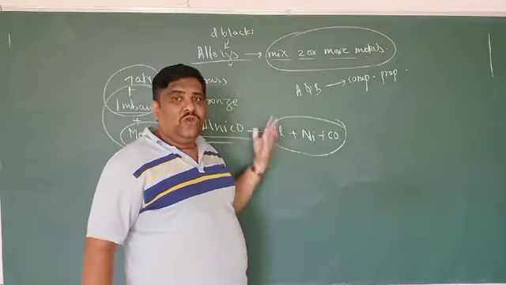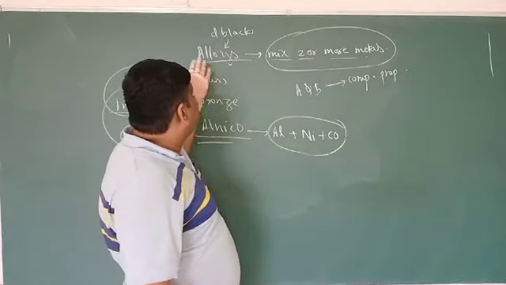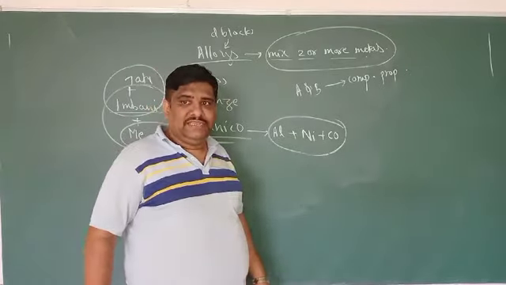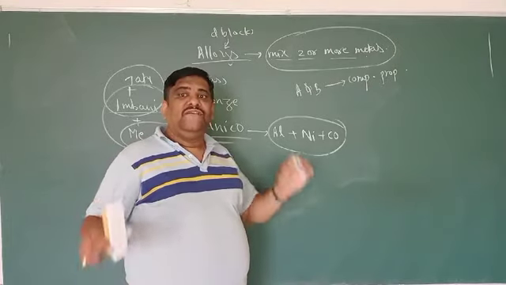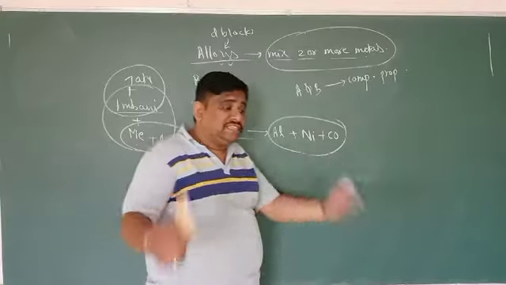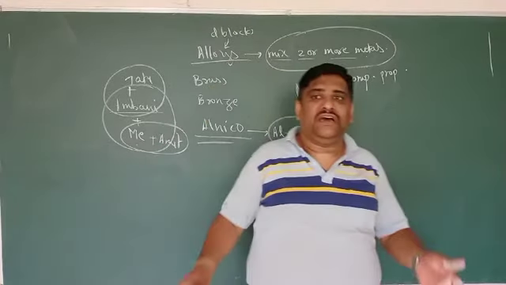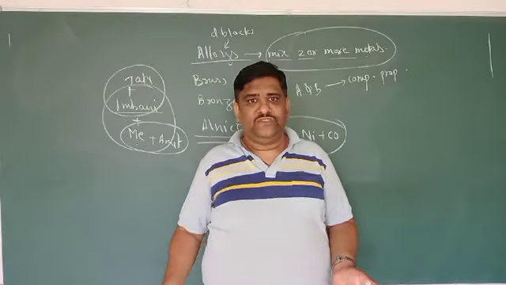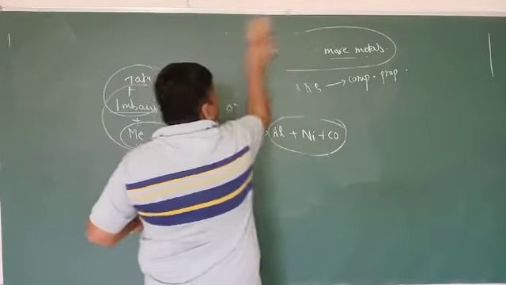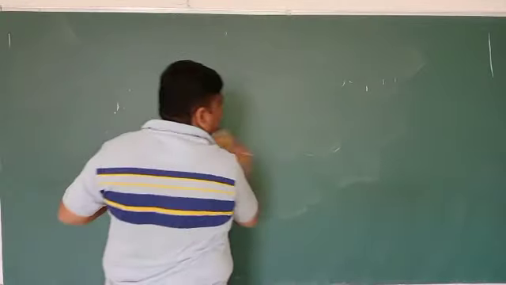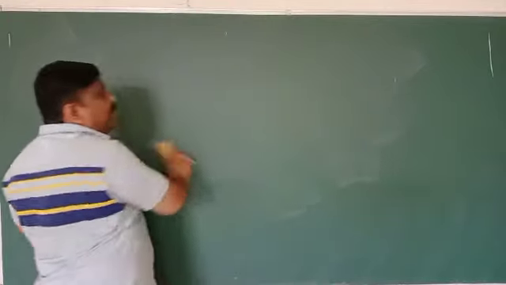So likewise, you have the property of alloy formation for the d block elements, because of the very small difference in atomic size. So these are some properties which you are required to remember in the d block elements. So I will list them out. Which properties have we discussed here? Let me repeat, because it is a very important part.